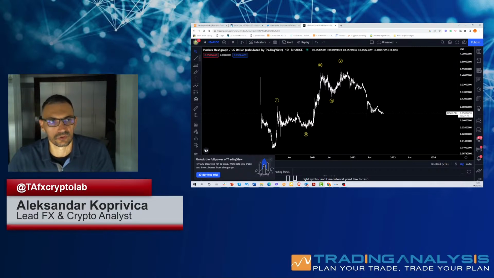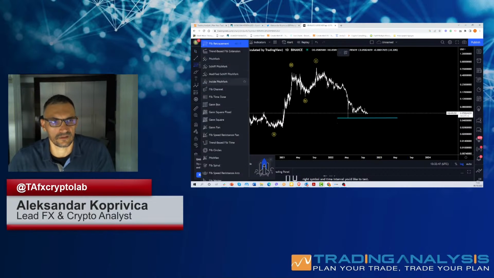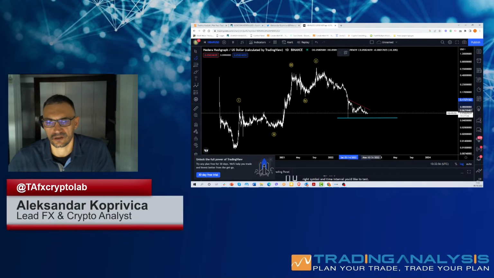So what you need to look for here is very simple. First, we cannot go below this low, so this analysis is valid. Secondly, you can always do a channeling technique for this pullback to the downside. So as long as we are in the levels of these two lines, the potential is that we actually go a little bit lower. So what you want to see here is a move above this channel line